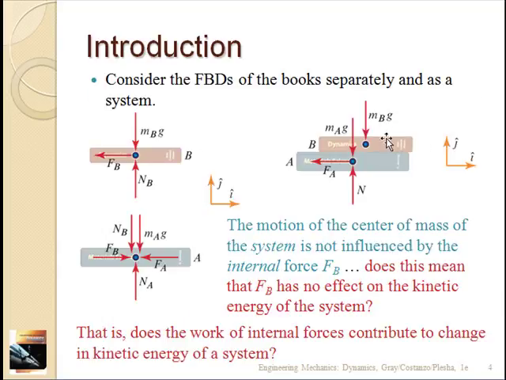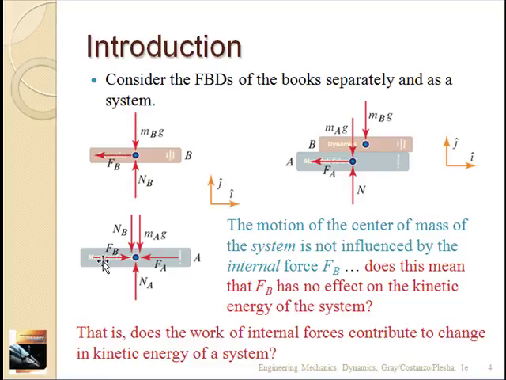And so suppose we have these two books stacked on top of each other. The free body diagram for the top book has gravity, a normal force between it and the second book, and a friction force acting against the motion. This is drawn this way, assuming that the dynamics book is moving faster than the lower book, and so the friction force on the dynamics book acts backwards.